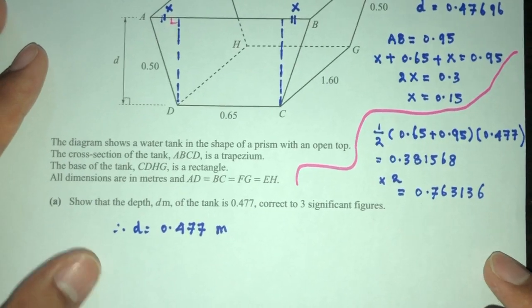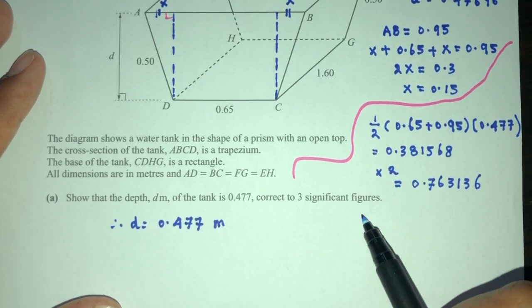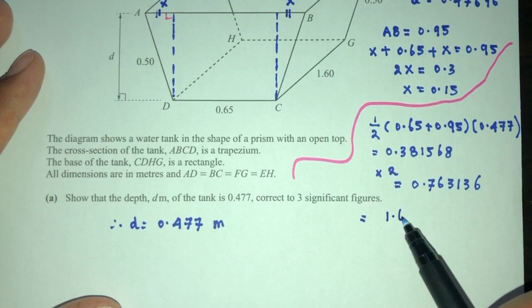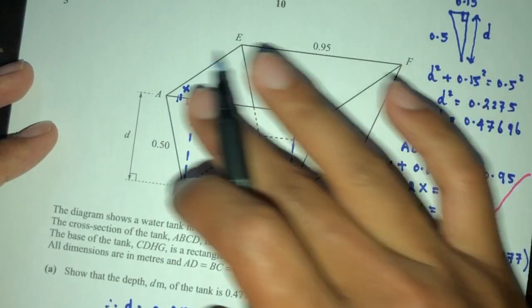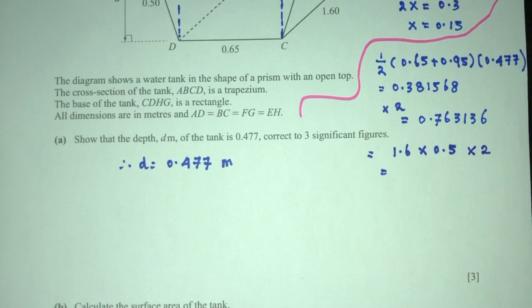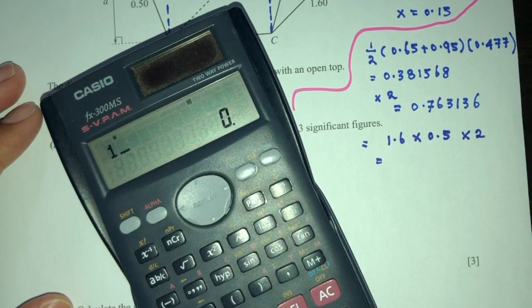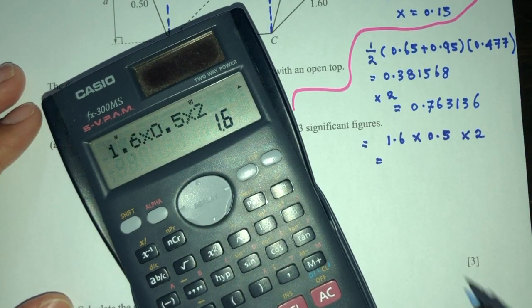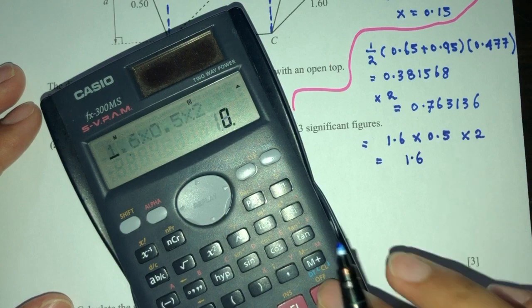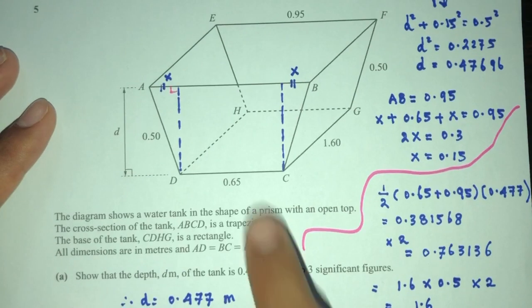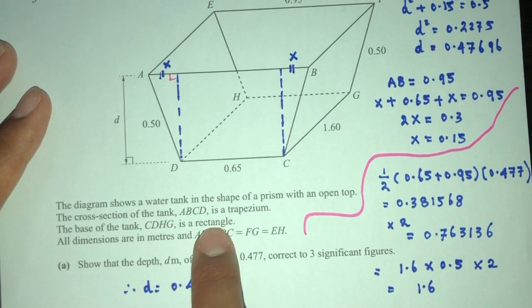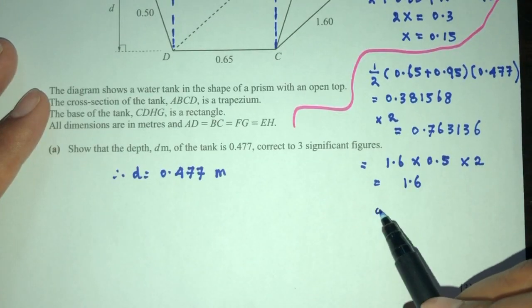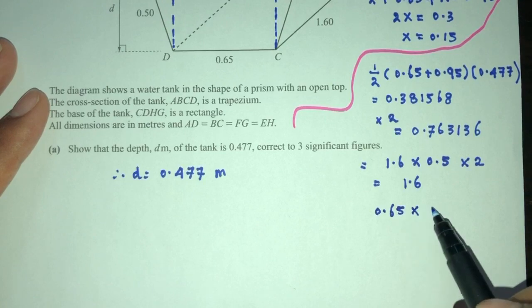Now, how do you find the area of a rectangle? It is length times width. So that will be length 1.6 times width 0.5. Of course, times 2. Why? Because we have this side and this side at the back. So that will be 1.6 times 0.5 times 2, that will be 1.6. And then finally, we have to find the area of the base. The base, you are told that it is a rectangle for sure. So that will be 0.65 times the width,